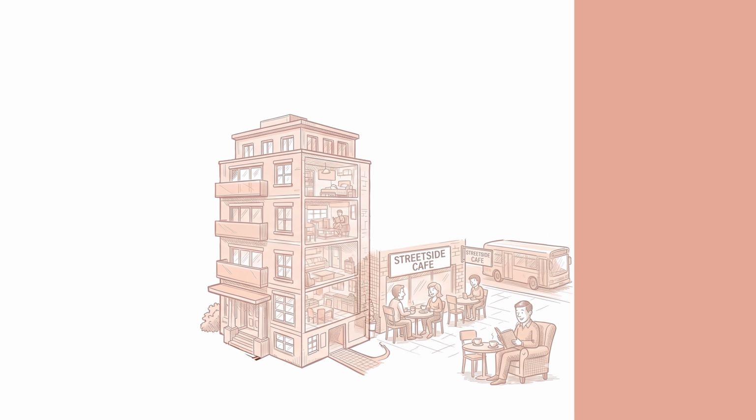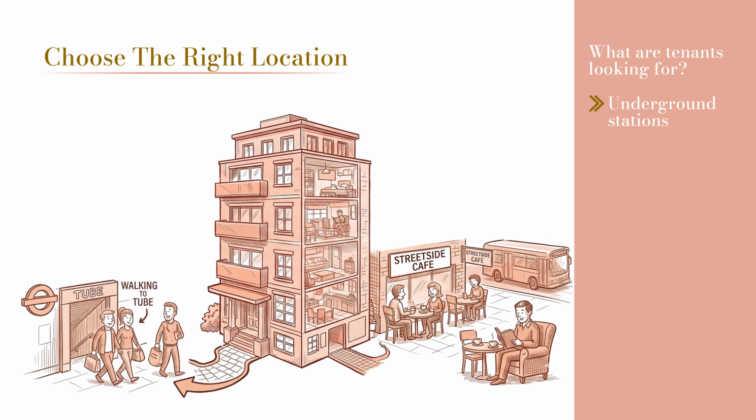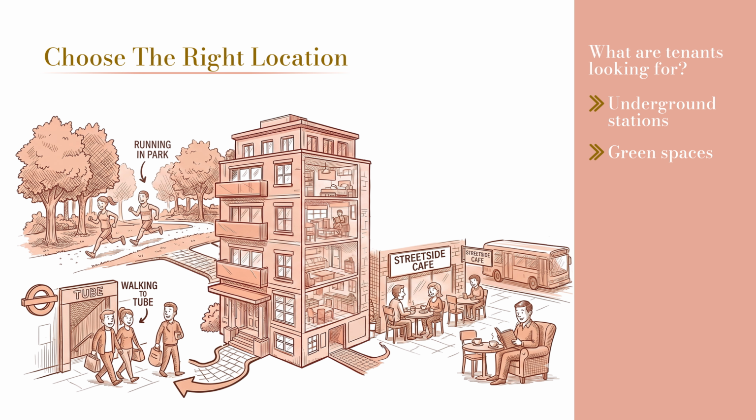Tied into number 1 is really choosing the right location, and because there's an investment for you, by definition you're targeting tenants. So what are tenants looking for? Well, in particular, if you're looking in zones 1 and 2, you probably want proximity to underground stations, you want proximity to green spaces, you might want to target some of the different sectors, so for instance where the financial